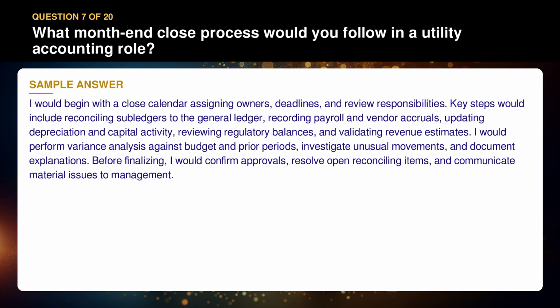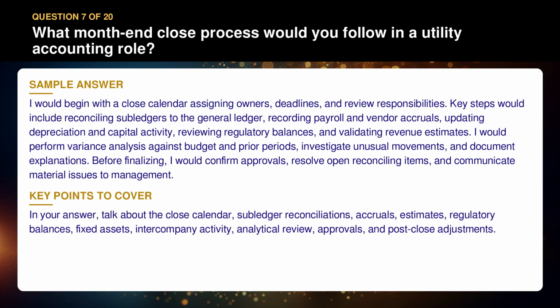I would perform variance analysis against budget and prior periods, investigate unusual movements, and document explanations. Before finalizing, I would confirm approvals, resolve open reconciling items, and communicate material issues to management. In your answer, talk about the close calendar, subledger reconciliations, accruals, estimates, regulatory balances, fixed assets, intercompany activity, analytical review,